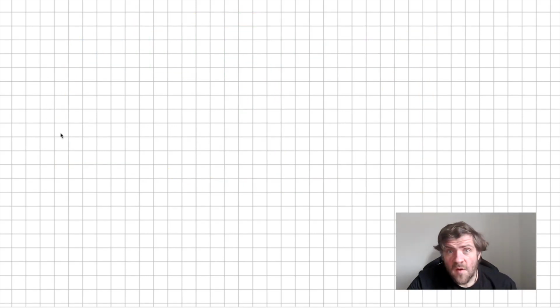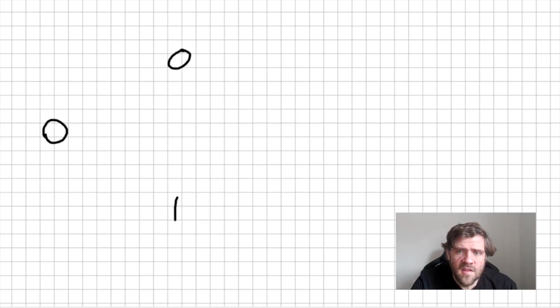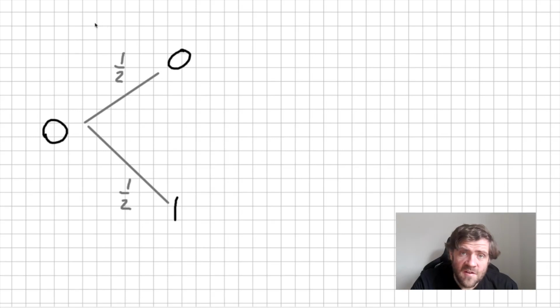Let's go back to our probability trees. In the single Hadamard case, we started off with a 0 and we got either a 0 or a 1 as output. And these came with probabilities half and half. And so in the normal probability tree method, we would write down a probability of half here and a probability of half there. However, actually in these quantum processes, it's not probabilities that we need to keep track of, but